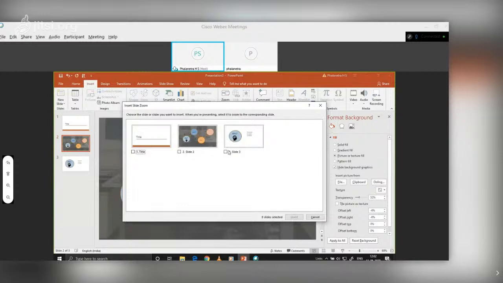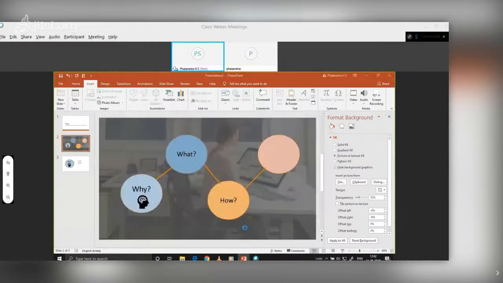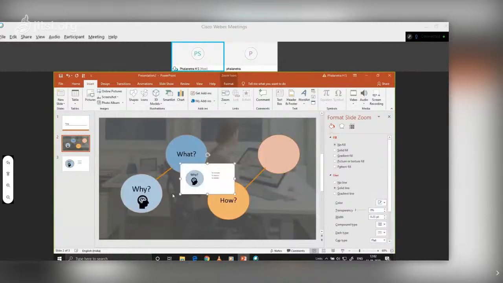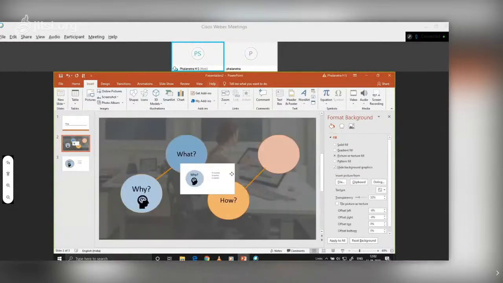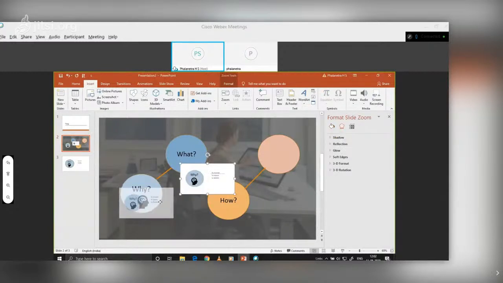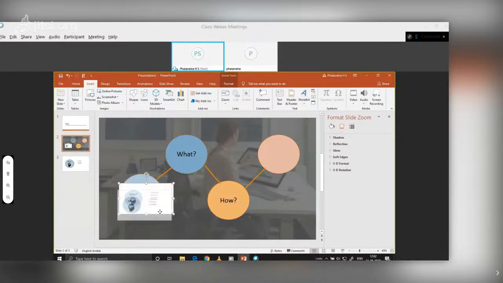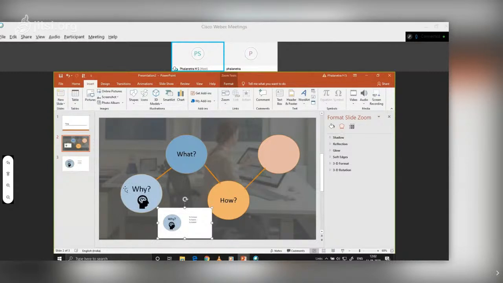When I go for slide zoom, you can select the slide that you want to zoom in. I'll be selecting slide 3 and I'll be inserting that as slide zoom. So once you do that, you'll be getting that slide over here. That slide will be available on your PPT. So what I would like is, I don't want this slide to be visible, but I want it to be shown as just Y. So to do that, I'll be